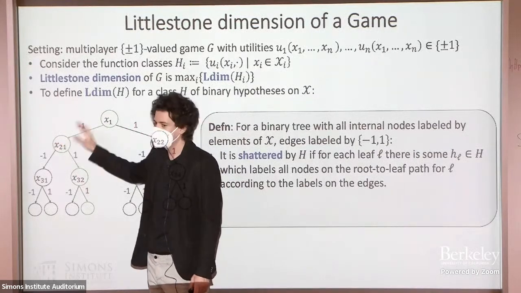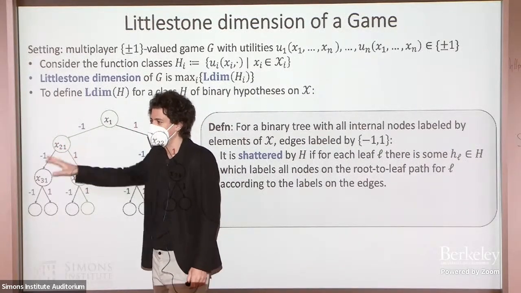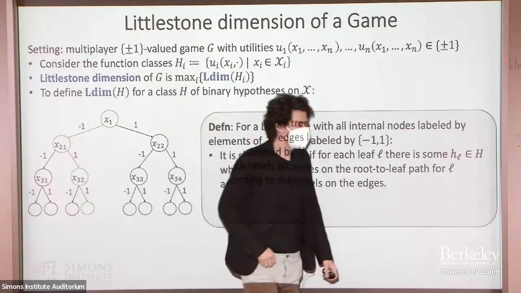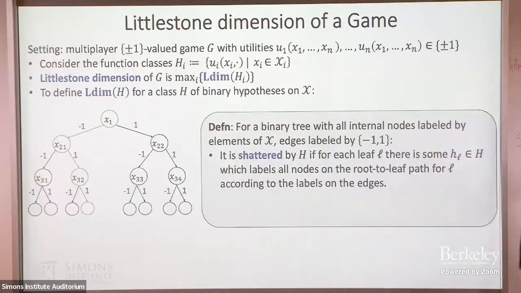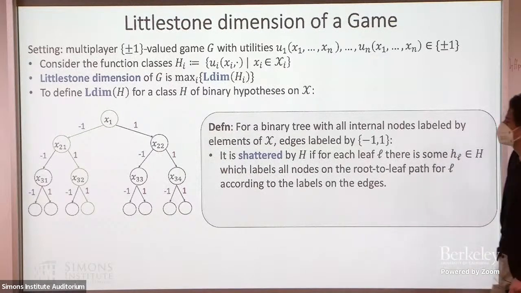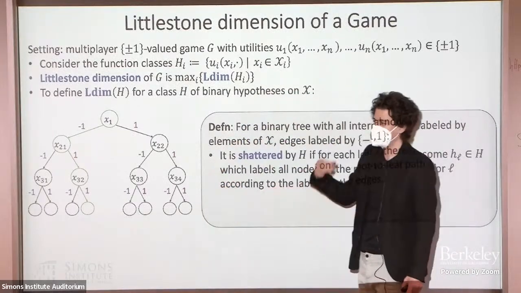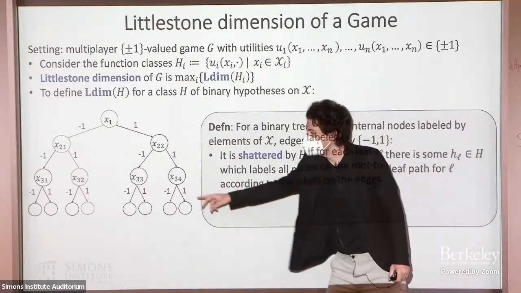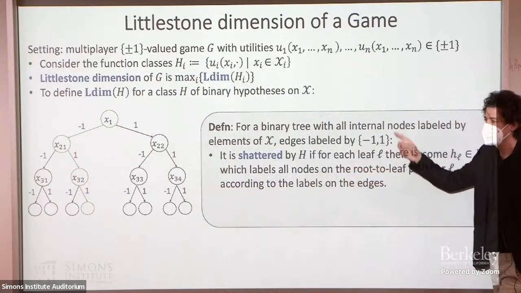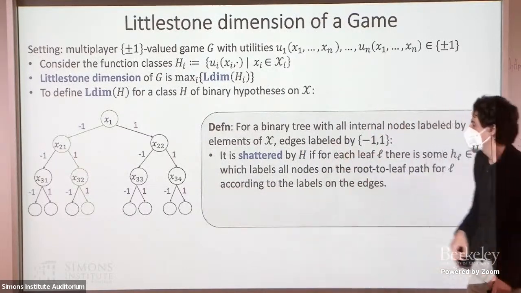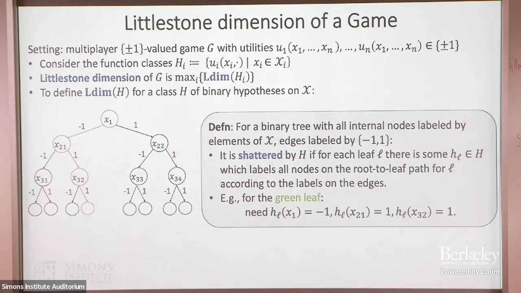And going left, you query another variable, and you go left or right, depending on the function output. We say that such a tree is shattered by a function class if for every leaf of that tree there is a utility function, a hypothesis, that satisfies